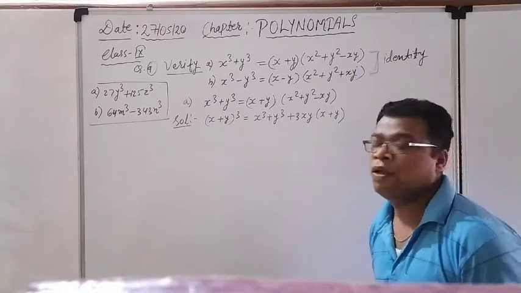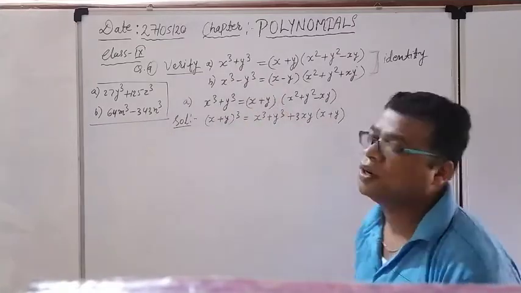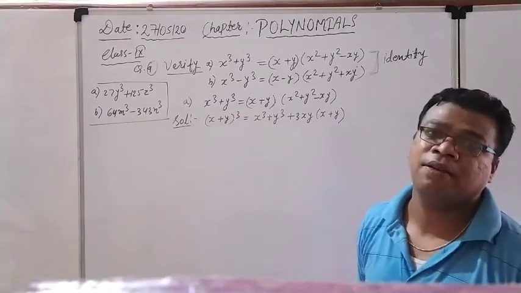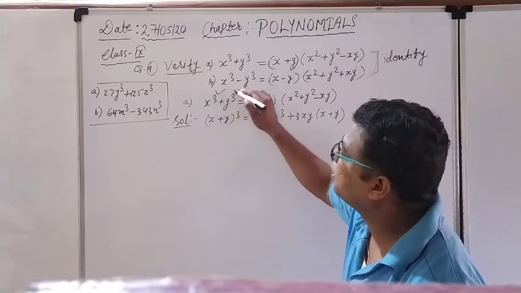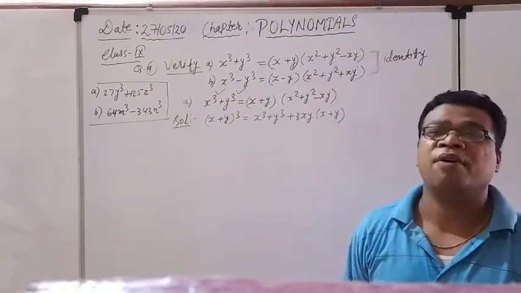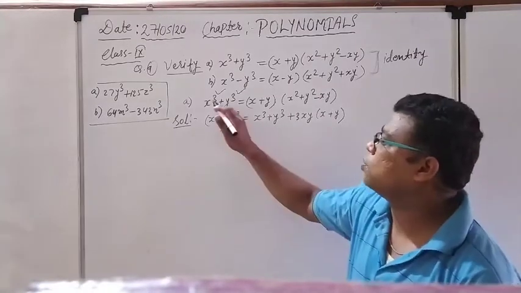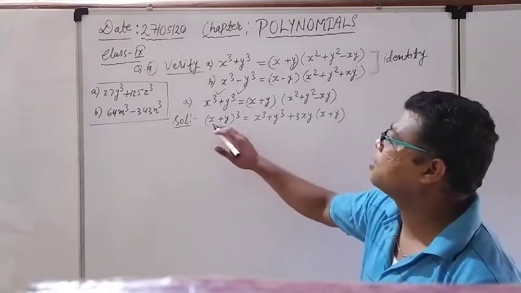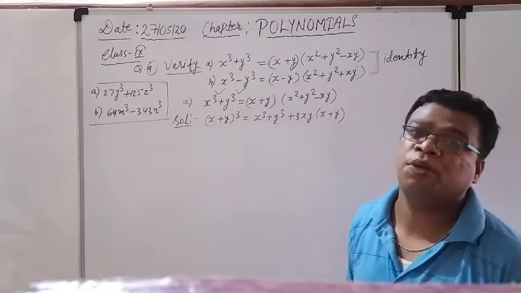First, I am taking x cube plus y cube. The first question I have written the same in front of you. We have to take the left hand side. But from where to start? What is written in the left hand side? x cube plus y cube. Remember that wherever we get x cube plus y cube, it comes in the identity of (x plus y) whole cube. We have to see from where it originates.